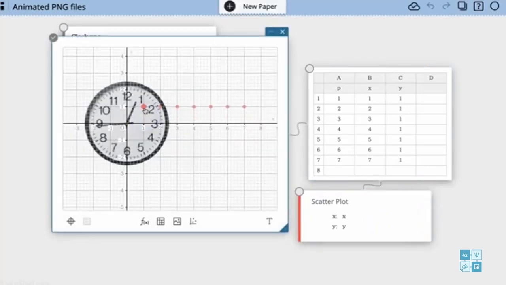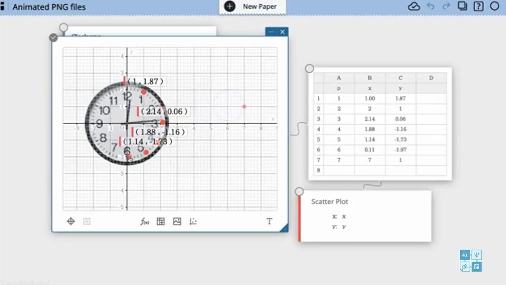Now I'm just going to put the dots on the positions on the clock here, which I don't really need the animation, but the animation really comes in handy to be able to look and ask some questions about what's happening, what's going on when I do this. I'm going to click out and close out all these X's and Y's because I have them on the table, so I don't really need to have them showing.